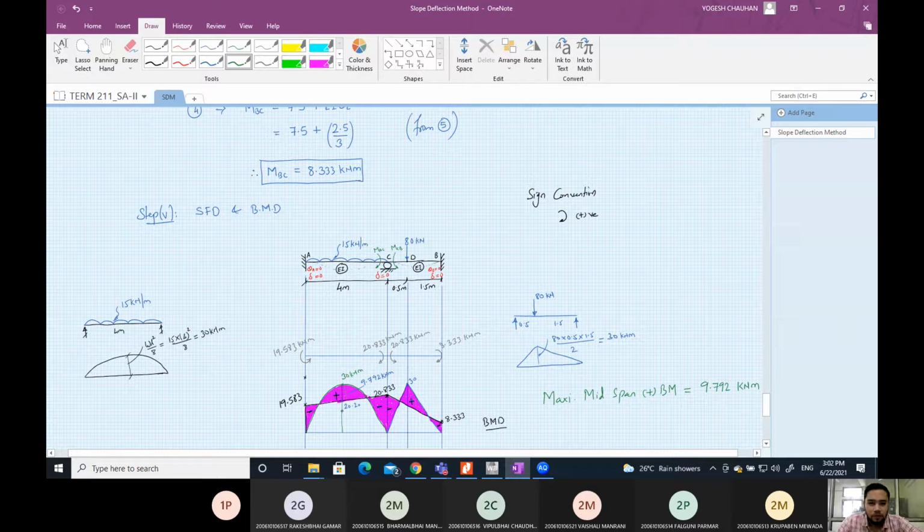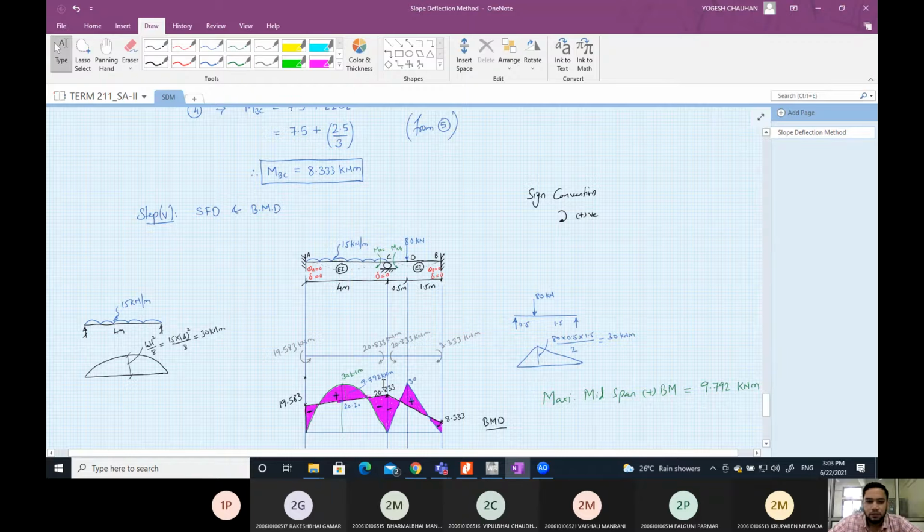Now to find the maximum midspan moment for span AC, we know the bending moment here is 30. But this is from this reference. You have to find from here because this is now your reference axis. So you have to interpolate the value at this location. So 19.583 and 20.833, at midspan it is 20.20. You can take the difference of these two and you will get 9.792. That is your positive moment at the mid location of span AC.